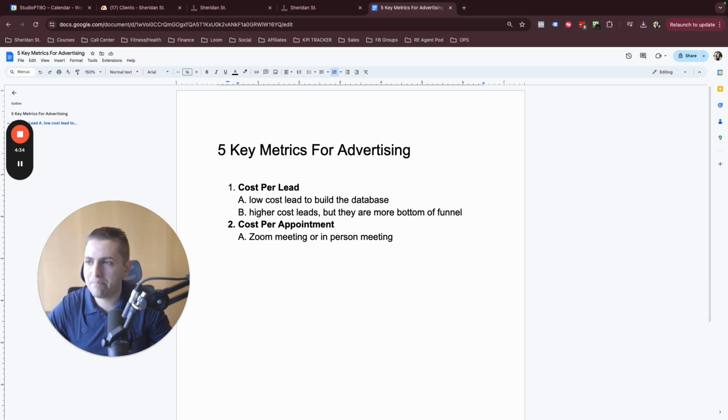Now, the next thing we need to track, and obviously part of that comes down to talent: are you driving traffic to a landing page? Are you calling these leads? What does the actual process specifically for you look like? That really matters. But the next thing that teams generally will track is cost per